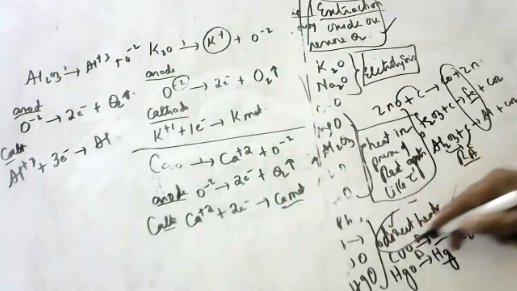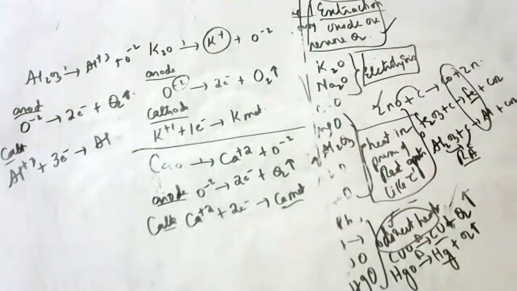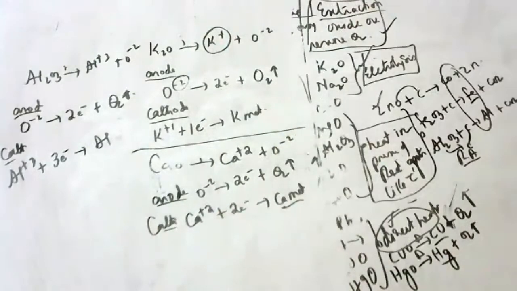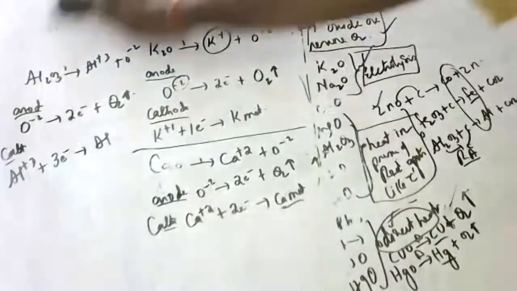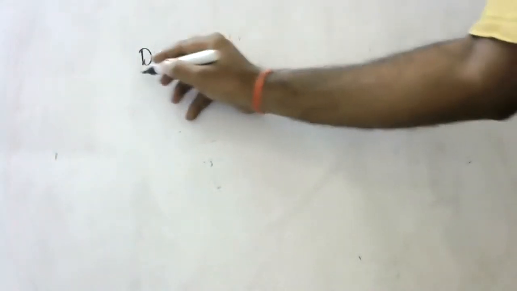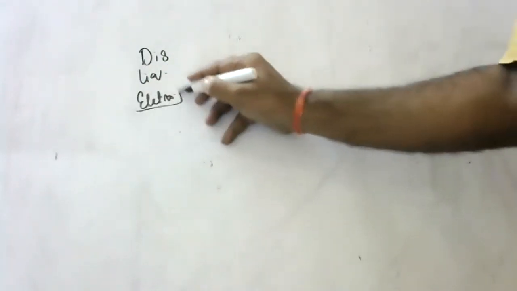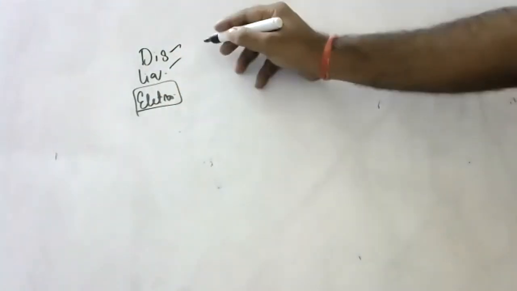So down metals, just by heating you will get the metal. Middle metals, you have to heat in presence of reducing agents like coke. And for the upper metals, you do electrolysis, our main intention is to get the metal. You got the metal. Take that metal and go for the last step, refining of the metal. Refining is done by different methods. Some people do distillation, some people do liquefaction, and even electrolytic refining is there. Famous is electrolytic refining. Even distillation and liquefaction I will say later. First, listen to electrolytic refining.